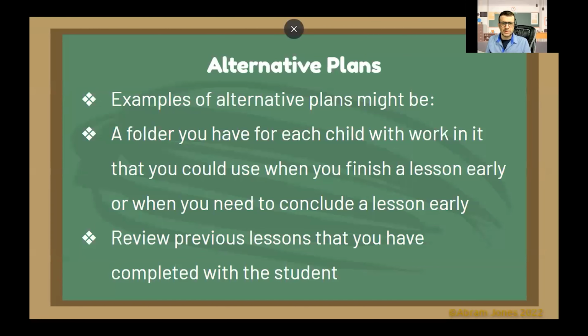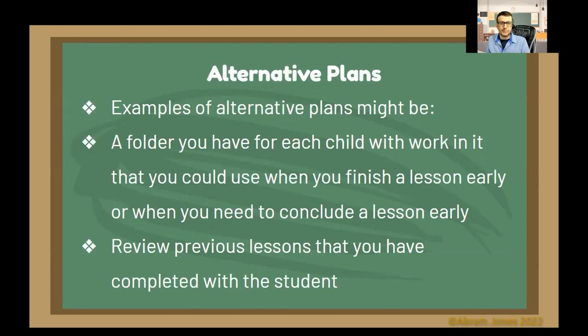I want to start off by talking about alternative plans. We have been talking in this course about differentiation of instruction. We've certainly been discussing the idea that students finish assignments at different times, be it slower or faster than the larger student body might. So imagine, in a class of 20, 15 people finish an assignment in the expected amount of time, maybe it's 10 minutes. And then some other students take 15 minutes and some other students take 5 minutes.